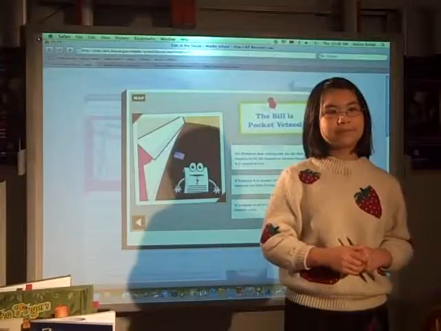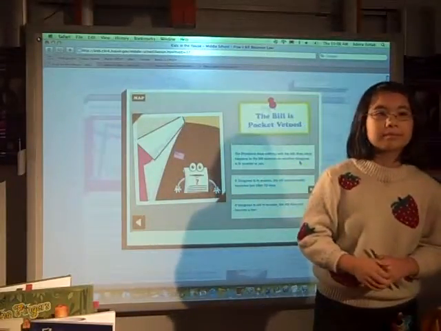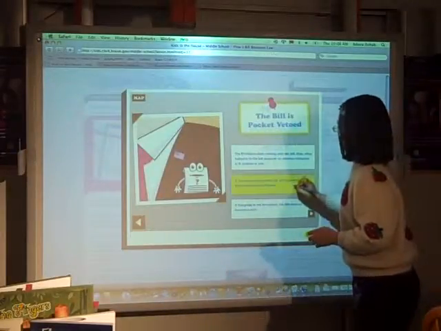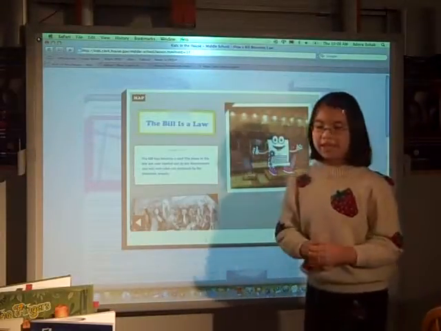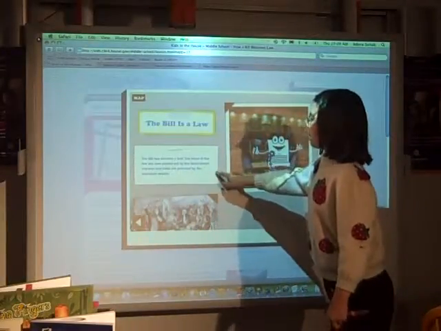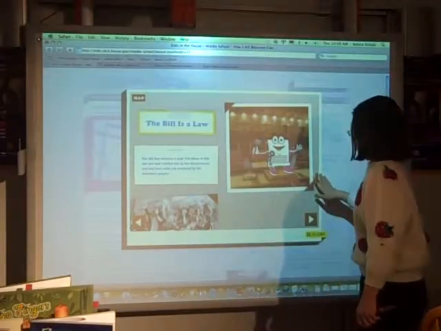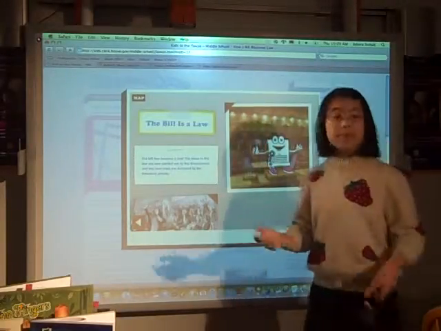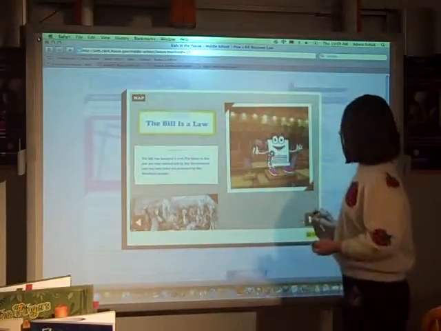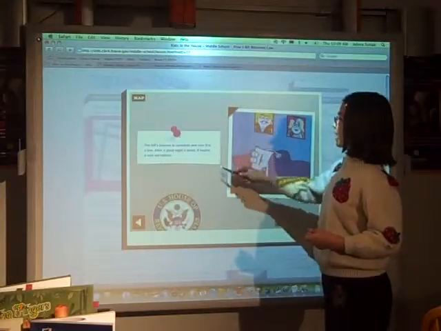Let's see, Michael. Become a law. Okay, make it a law. Great. So if Congress is in session, which it is, then it becomes a law after 10 days. The bill has become a law. The ideas in the law are now carried out by the government, and any new rules are enforced by the American people. So this is how bills have become laws for a long time now, and the process still works pretty well. And the bill's journey is complete, and now it's a law.